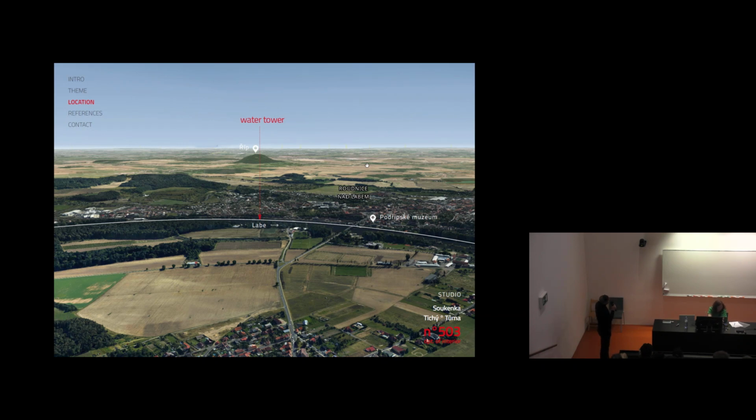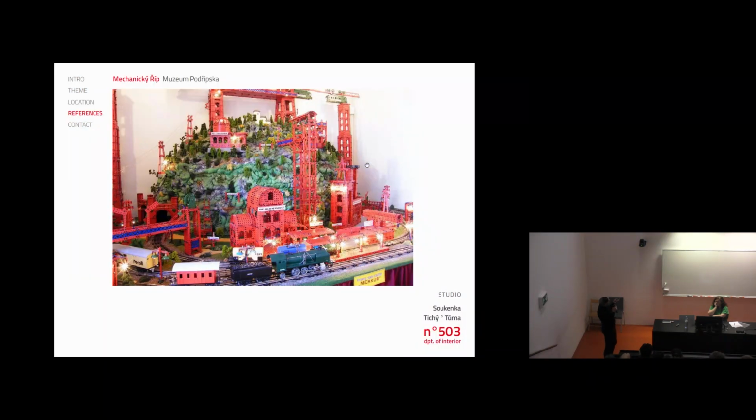So basically this water tower is intended to be an extension of the Podřípské Museum, you see. And the clue for this assignment is that there is a funny exhibit in this museum, a mechanical model of this mythical mountain, Říp. You see in the model the connection of the railway and the landscape, and also some technical, playful elements. It's from one Czech Merkur. It's like a Czech Lego. So it's very local and typical for us. And for us, this funny exhibit inspired this intervention.